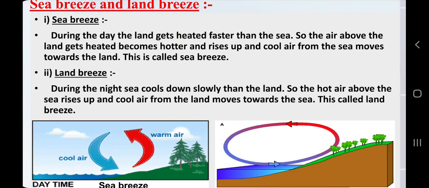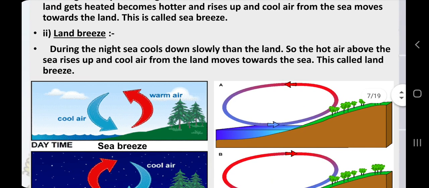So when you visit beaches, what you will experience is that the land becomes warmer and the sea stays colder in the day, because water heats gradually. As we all know, warm air is light, so it will go up, and because there is an empty space, the cool air from the ocean will flow from ocean to land. This is called sea breeze, and it is a very pleasing experience to feel that breeze.